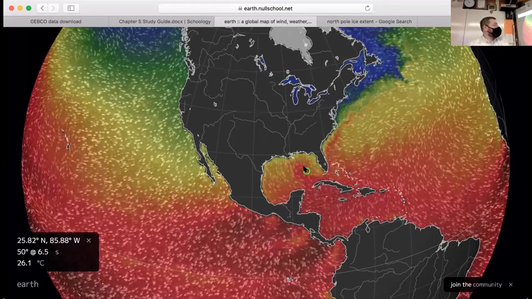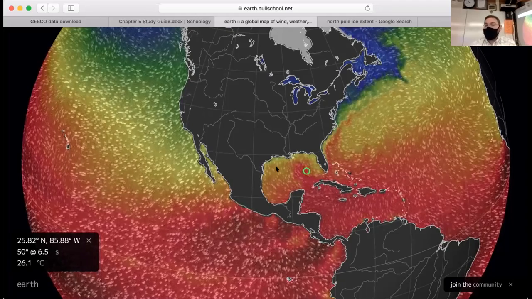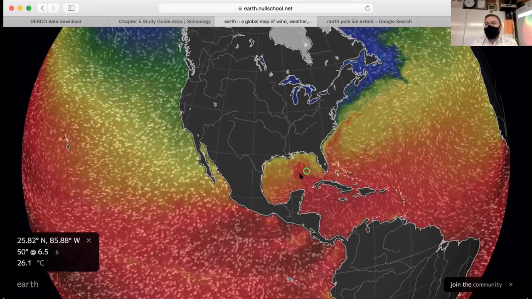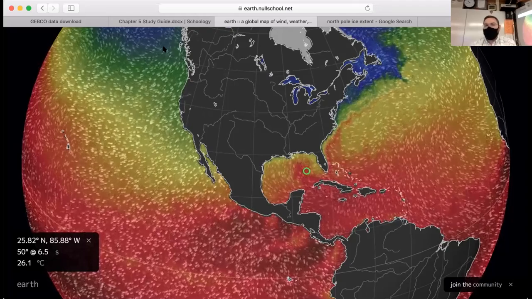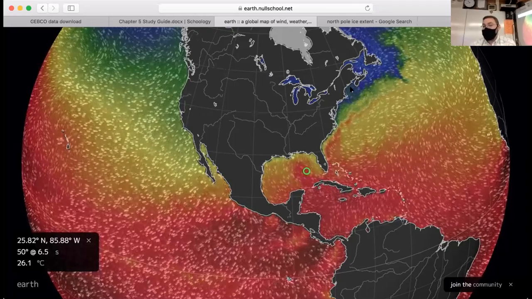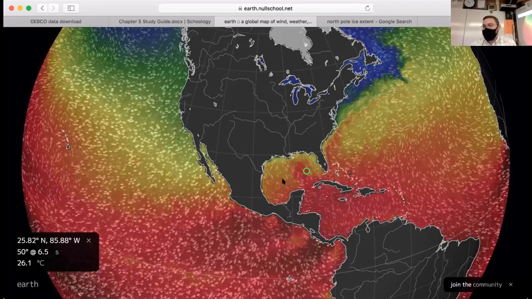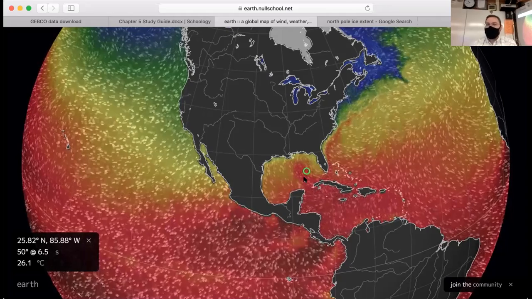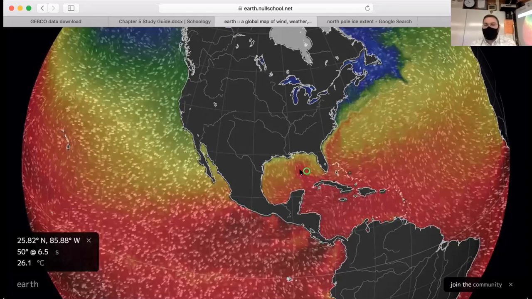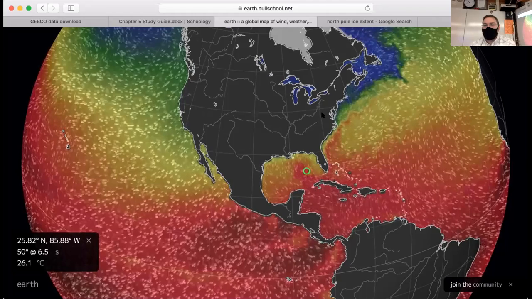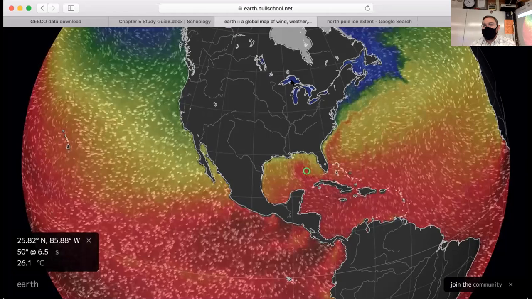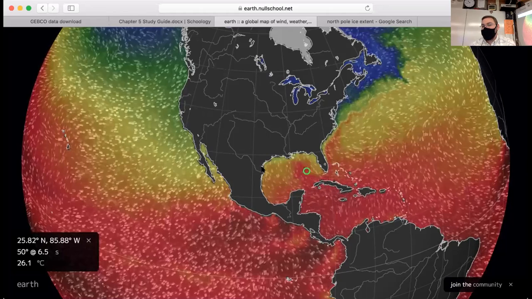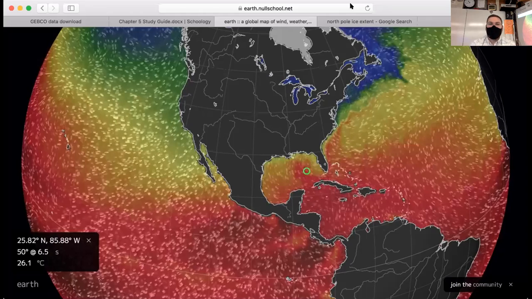The water in the Gulf of Mexico is usually pretty warm all year round. This red color is fairly warm water. That orange is getting a little bit cooler. But compared to water up here in the north, where it's greenish and bluish, which indicates cold water, this water down here is very warm pretty much all year round. If it shows reddish, that's like swimming temperature. If it's yellowish or greenish, that's kind of cool. So when very cold air from the Arctic comes down into the southern states, like around Texas, and then into the Gulf of Mexico,